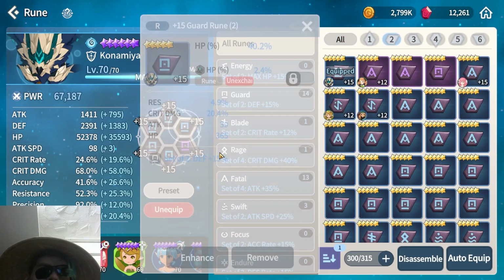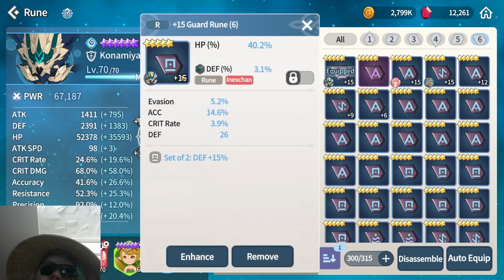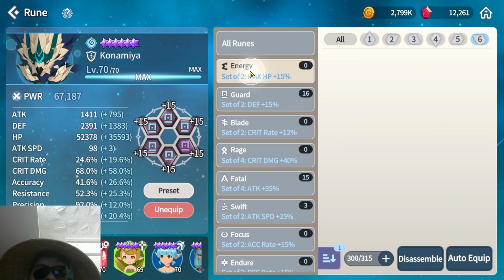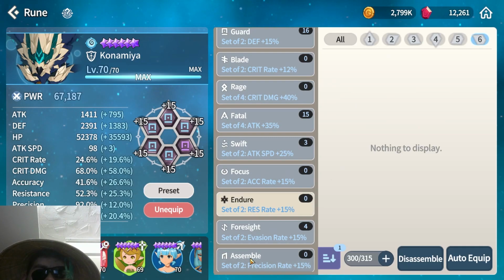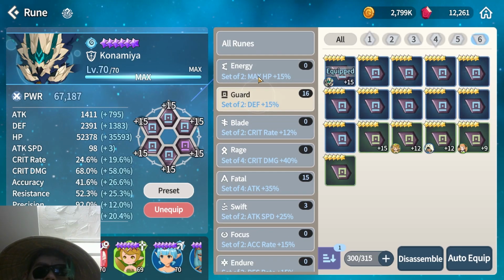I just went with whatever HP percentages I had, plus trying to see which substats would be better for her. Now, I'd say the optimal build for her would be, of course, triple energy if you do have energy runes and are able to farm them. If you do not have energy runes, there's also a few other good choices. So you can use guard, endure, and I believe it is foresight. The reason for these is